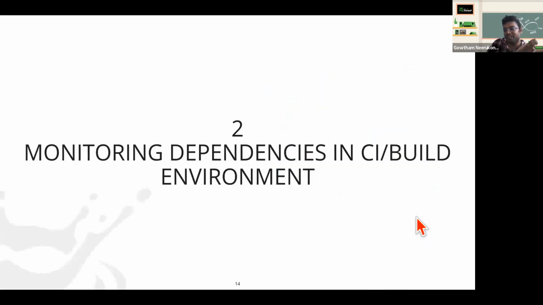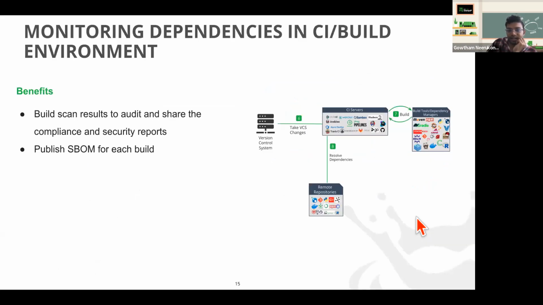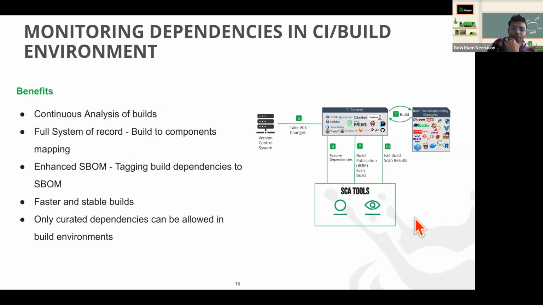Sorry, I had to rush a lot of things, but the next few slides, I'll be sharing them offline through Ari, and you can review them as well. It also talks about performing build integration and publishing software bill of materials, and how a binary repository manager or an SCA tool can scan your builds as well as fail this build when it is found to be non-compliant